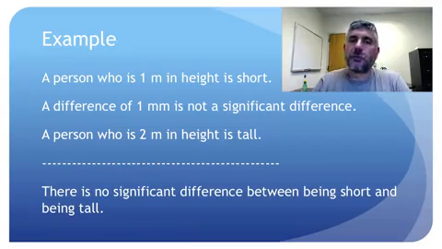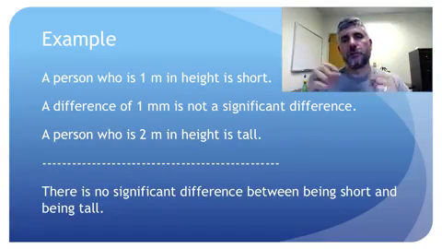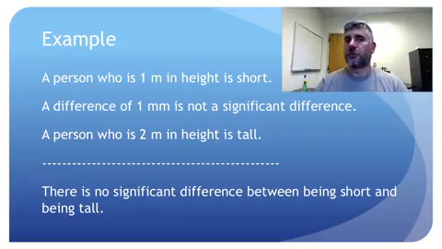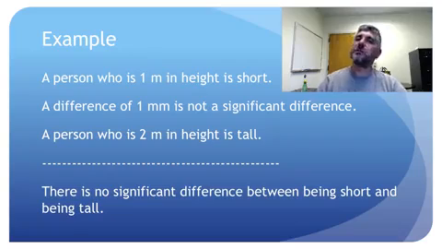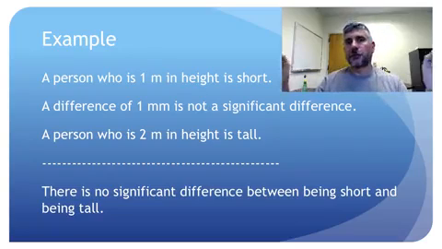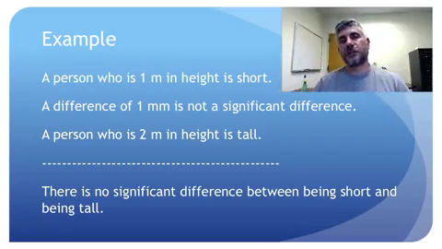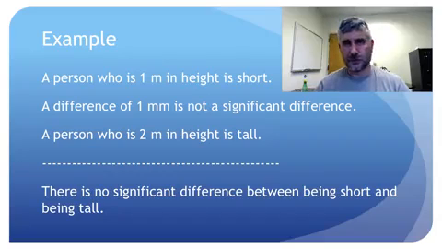Why don't the premises support the conclusion? Well, here's why. The conclusion says that a height difference of 1 meter is not significant. And the premises say that a height difference of 1 millimeter is not significant. And of course, a height difference of 1 meter is made up of a series of 1,000 height differences of 1 millimeter. But just because a millimeter height difference is not significant, and a meter height difference is made up of 1,000 1 millimeter height differences, it doesn't follow that a 1 meter height difference is not significant. Differences that are significant can be made up out of a bunch of differences that are individually insignificant. So that's why this argument right here is a fallacy.